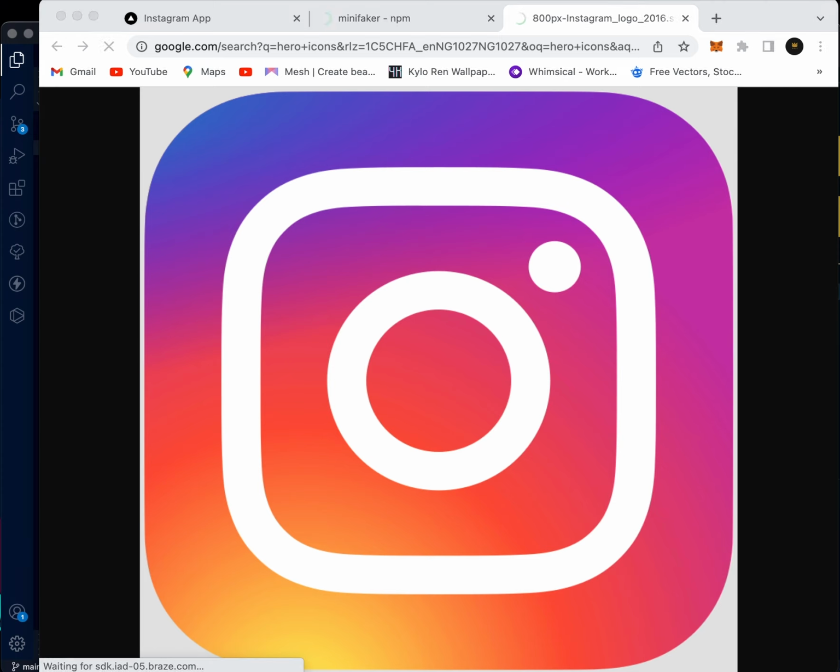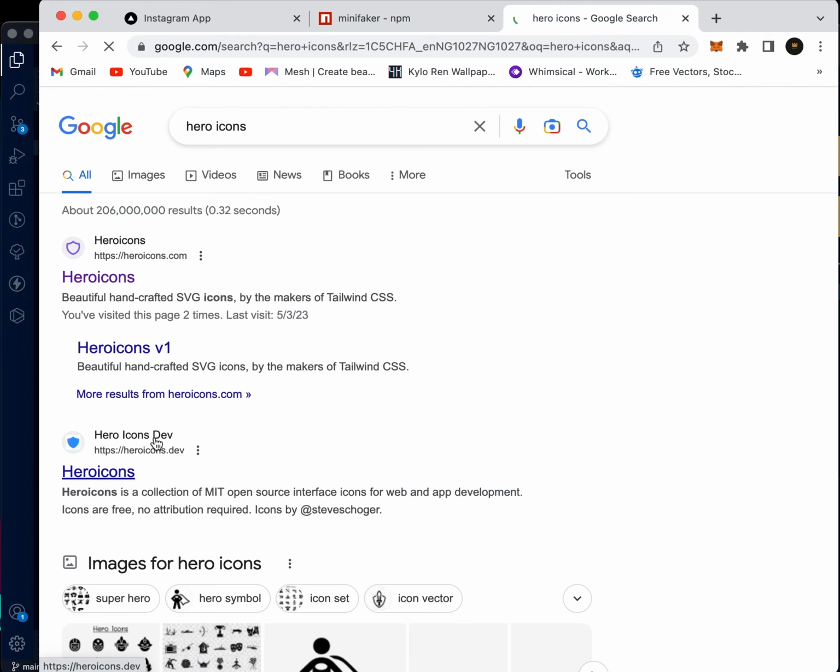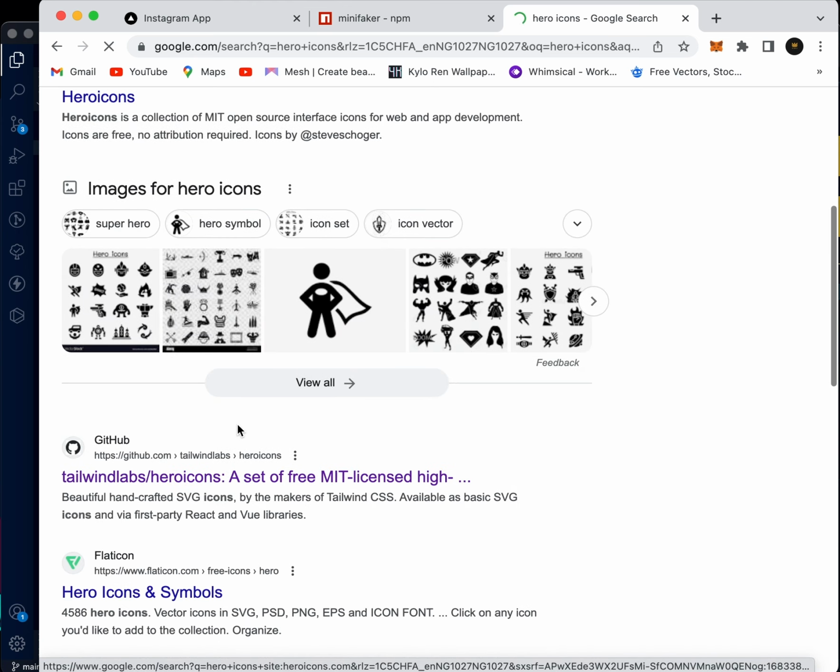My internet is a bit not that fast. Okay, so we want to say npm